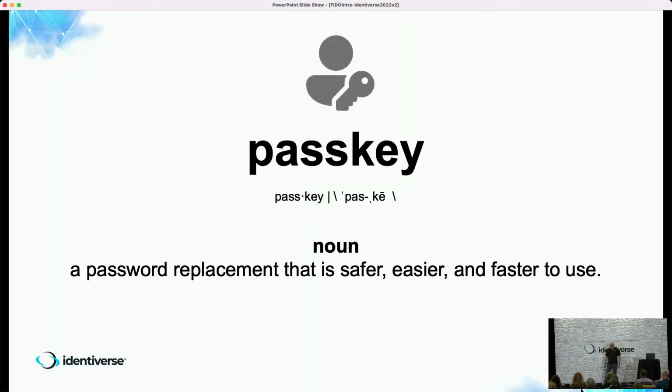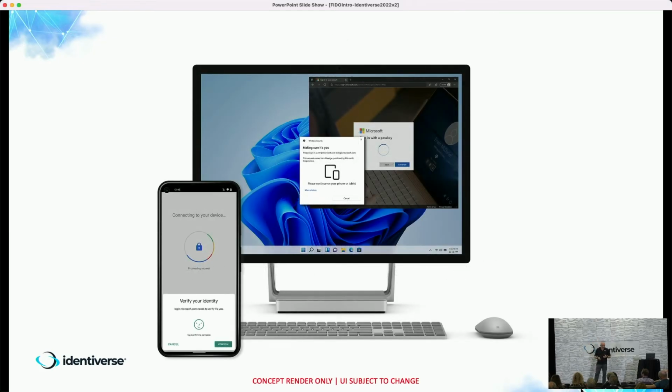So that leads us to what's next. Passkey. How many people here have heard the term passkey this week? There's a surprise. Okay, so everyone's heard it. Very simply, passkey is a noun, and it's a password replacement, but more accurately, it's a Fido credential. So it's that key pair, private key, public key relationship that you've already seen, but with a few extra twists associated with it. And if you want to know more details, you've got to go next door.